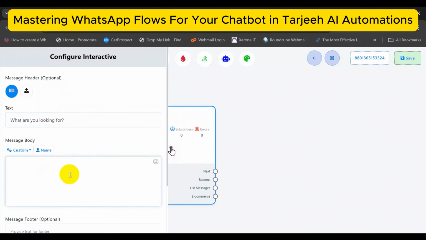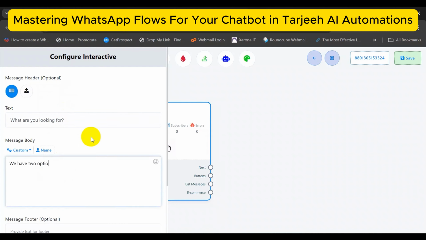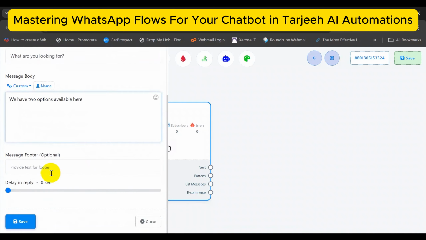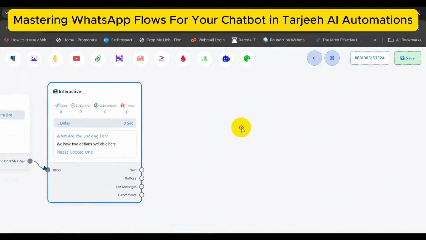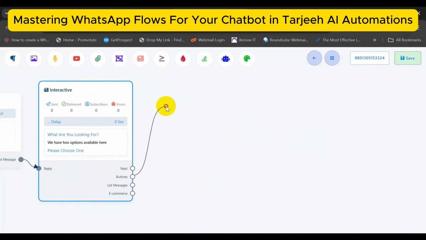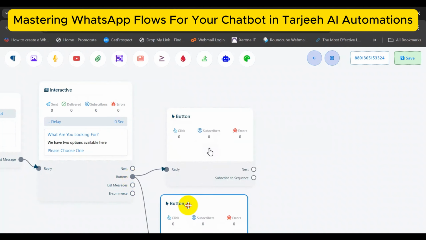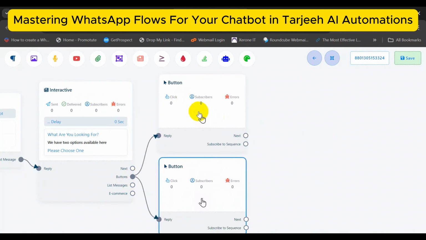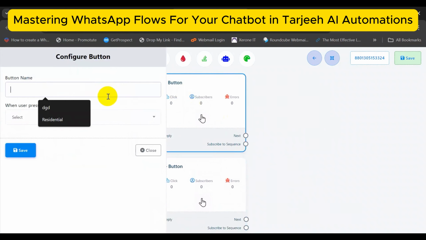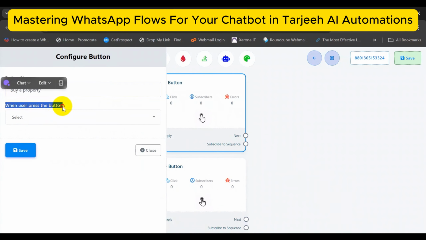And in the message body, we're going to write, we have two options available. And in the message footer, we're going to write, please choose one. Okay, now save it and take two button component, and in the first one write buy a property. And when user presses the button, you should select send a message